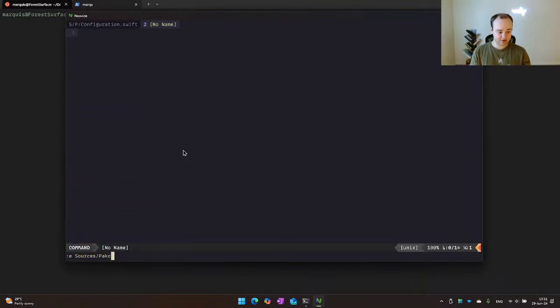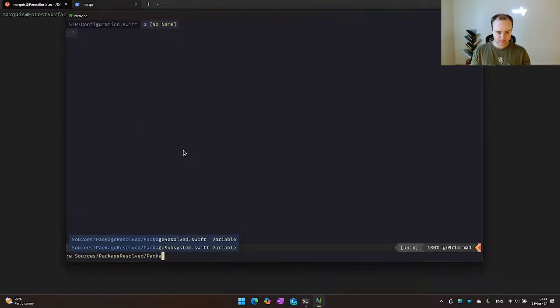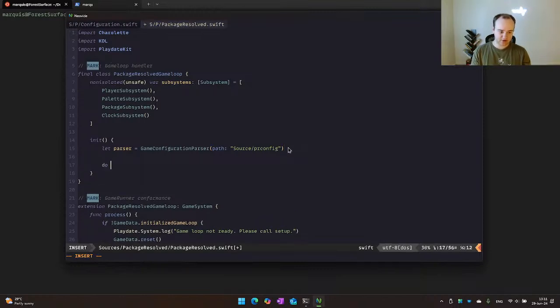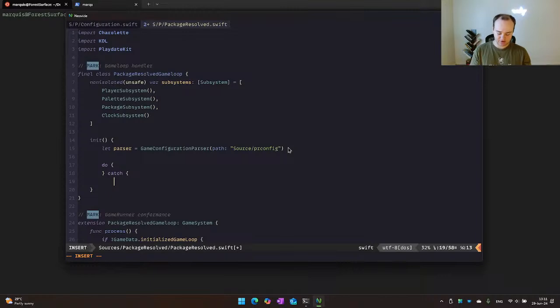Sources package resolved. Package resolved dot swift. Okay, so here's what we'll do. Do catch. Also, I am still running an older version of the Swift toolchain. I have yet to actually see whether the new string stuff actually works.